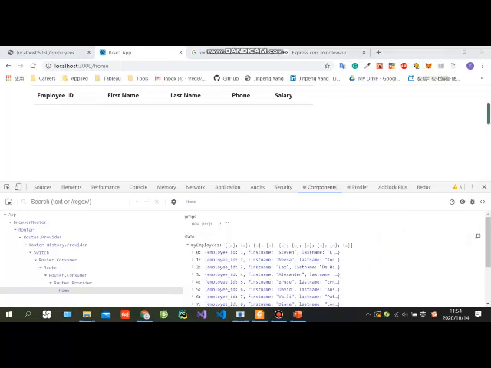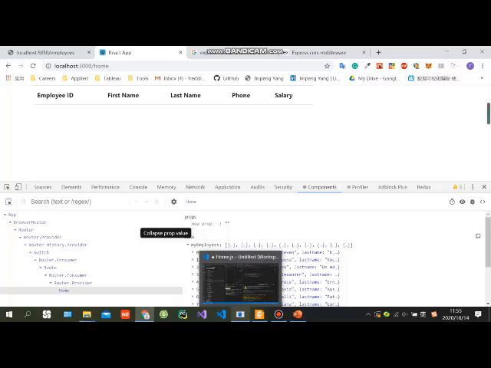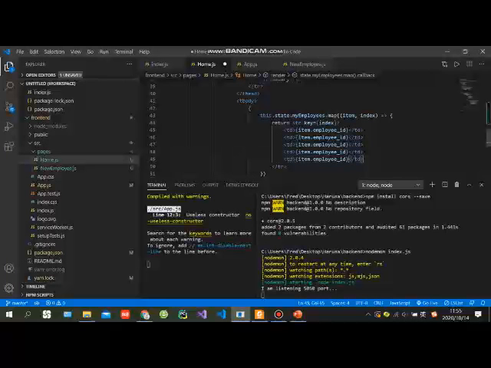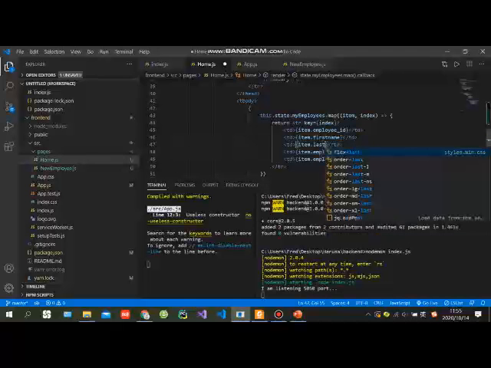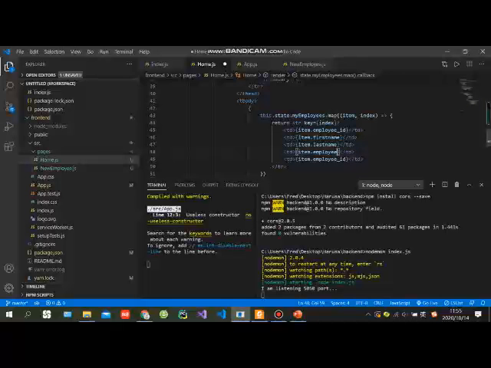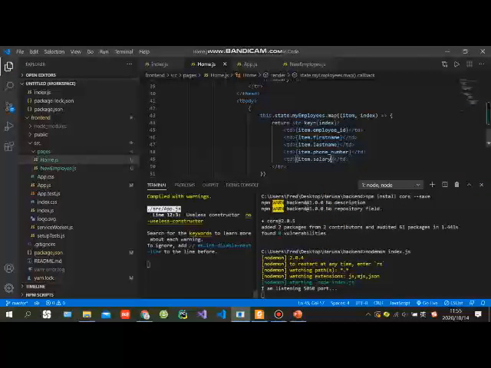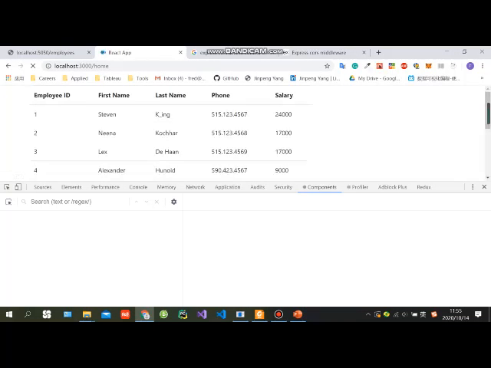Let's see what data is in each item. Yeah, employee ID, first name, last name. The second will be, let me copy 5. The second will be first name, last name, phone number, salary. So let's save and see what will happen. Cool, it returns the result